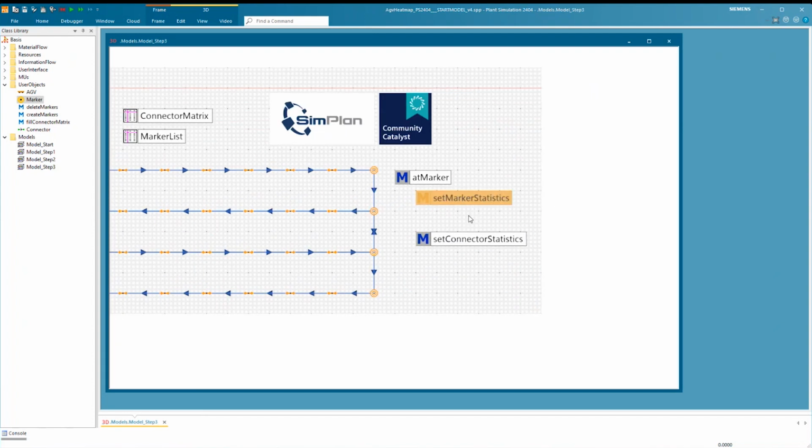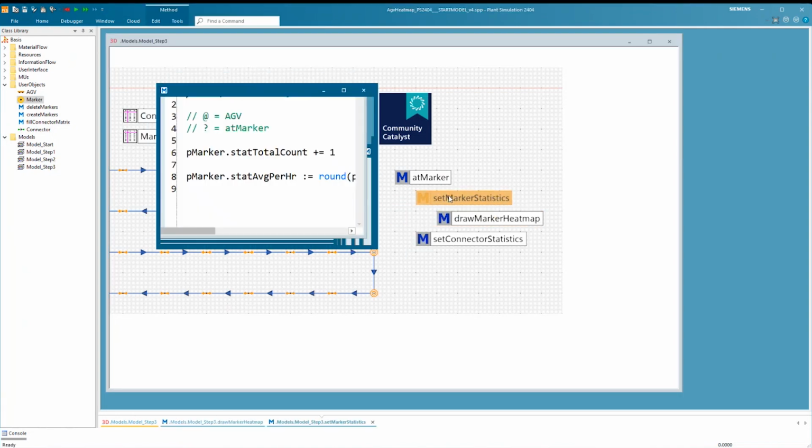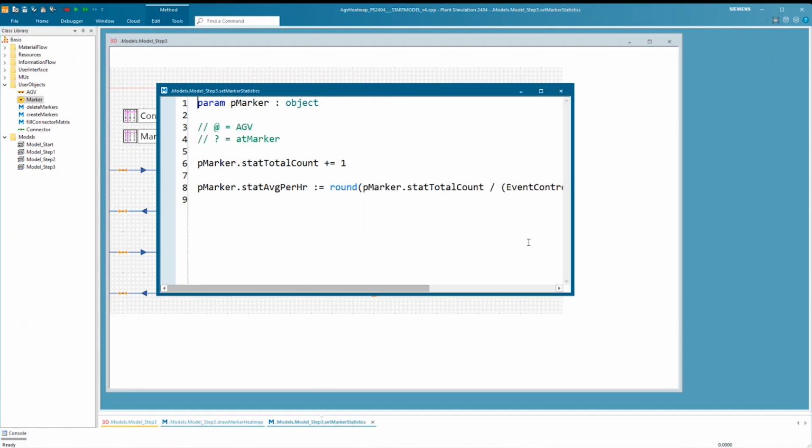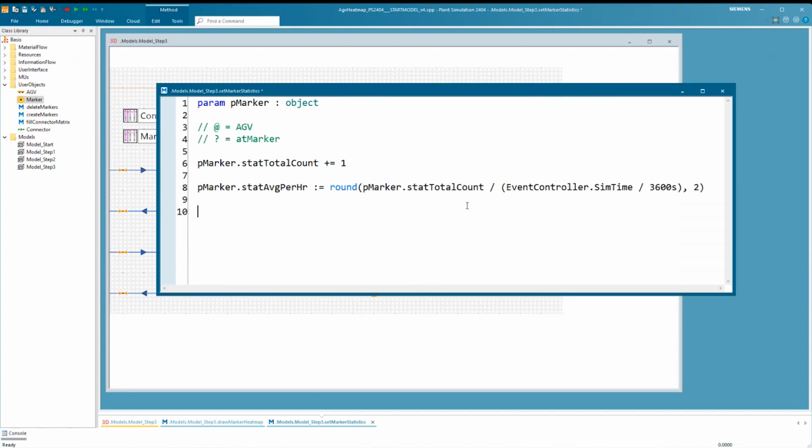Okay, so I will now again put a new method here. I will call it from my set marker statistics method. You don't have to split this into different methods. I just think it's a good idea to put different functionality into separate methods.